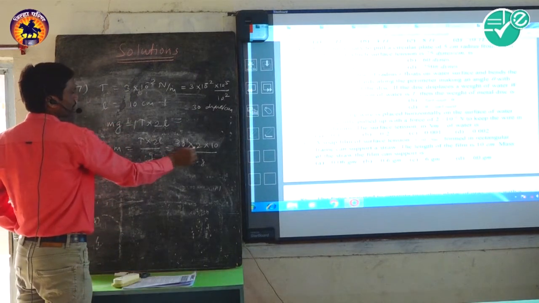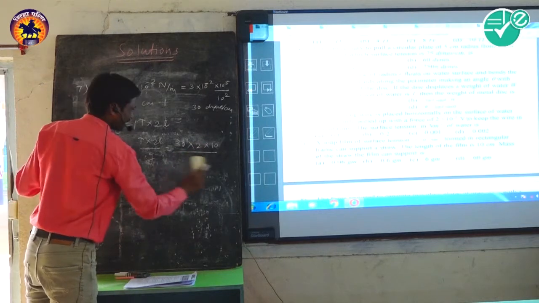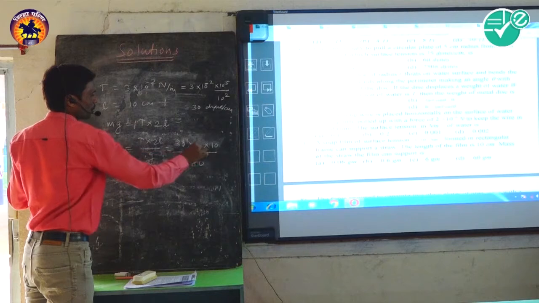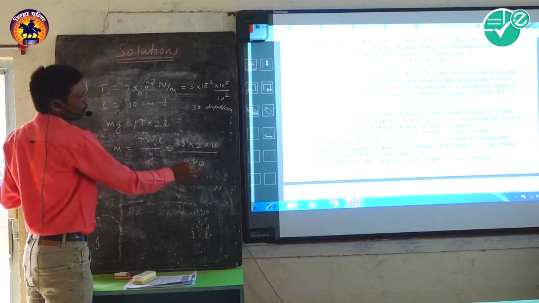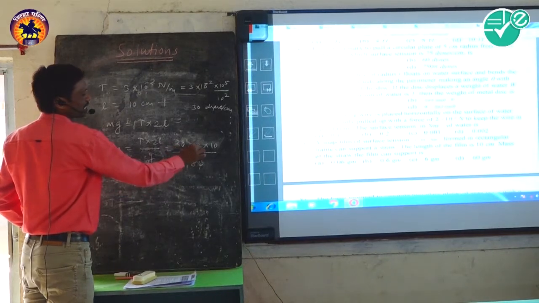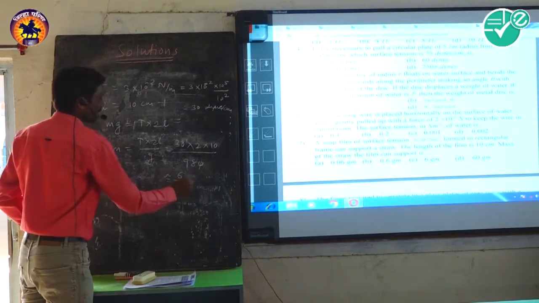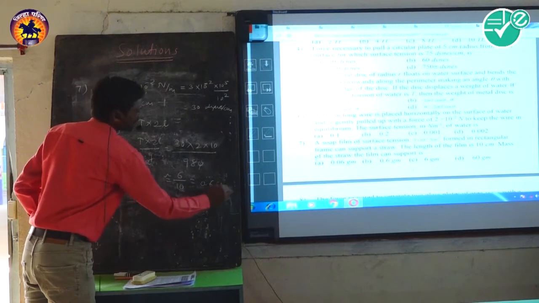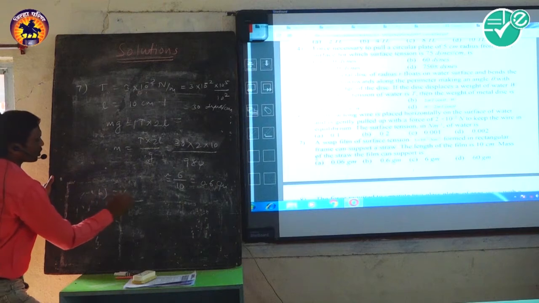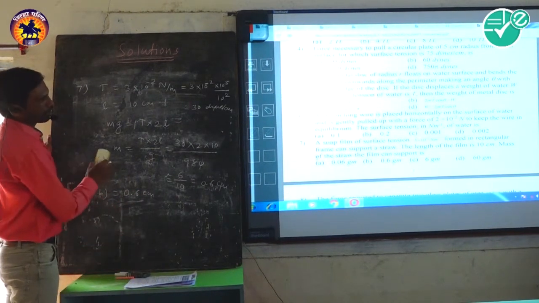Here the 30 is as it is, 10 is the length, and the acceleration due to gravity in CGS unit is 980. So this 0 gets cancelled. It is approximately equal to 100, so again it remains simply 10. 3 into 6 divided by 10 is the approximate answer, and that is equal to 0.6 centimeter. It means the approximate answer is B, that is 0.6 centimeter. So the option is B.